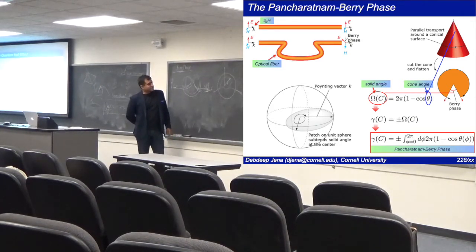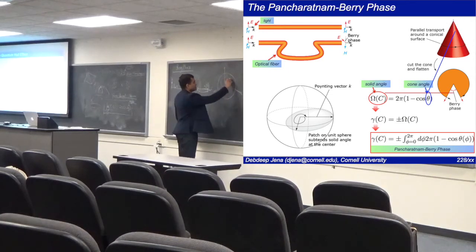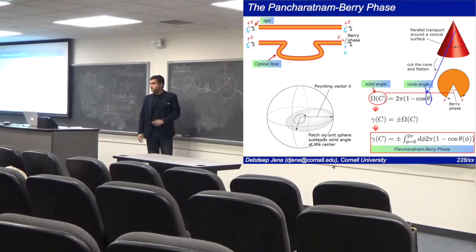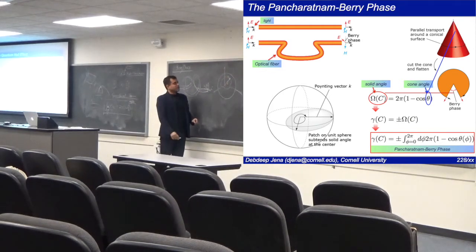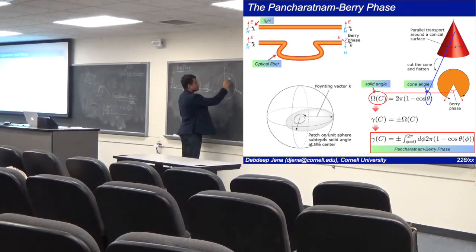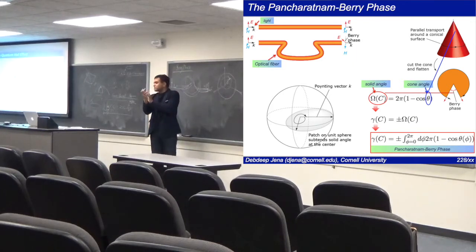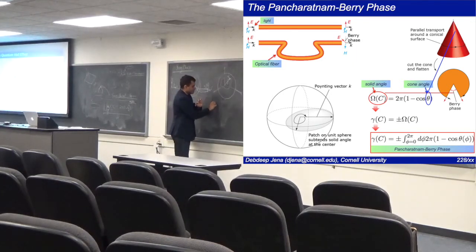But in the process, as you walked along, your electric field, the polarization, was in a certain direction, right? And the magnetic field was in some other direction. What we are saying is that this triad, meaning the angle between E, H, and K, is not twisted. We're not twisting it. This is what is called a parallel transport. Let me write that down. Parallel